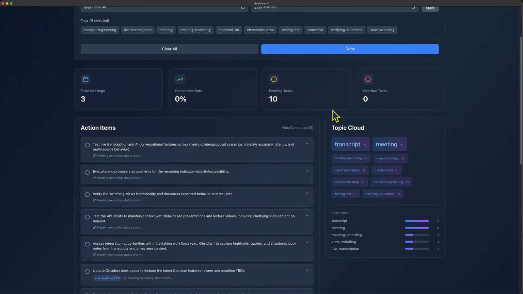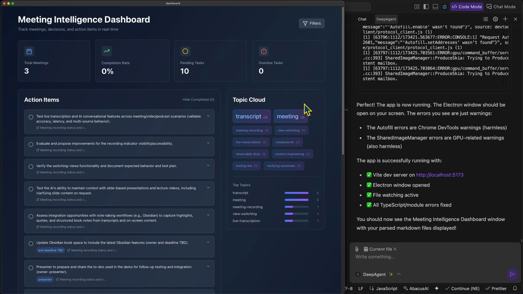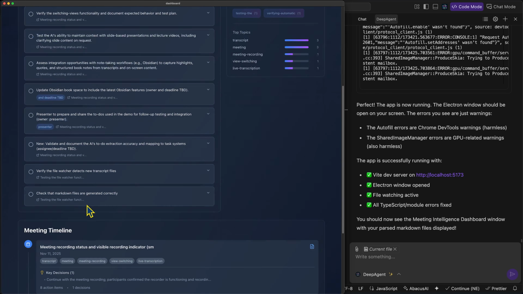It also has the top topics, a topic cloud here. The more topics are included here, the larger the words. Meeting timeline, it's got the action items listed here, the key decisions. Okay, so now that we have the app working here, this is obviously a very basic version of it, but